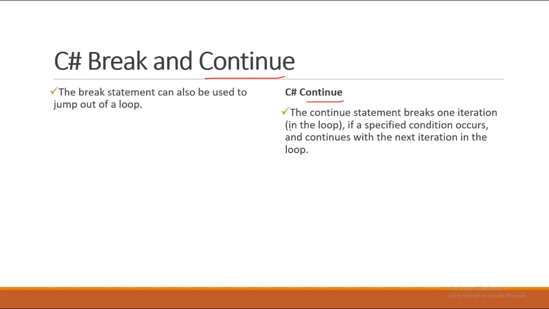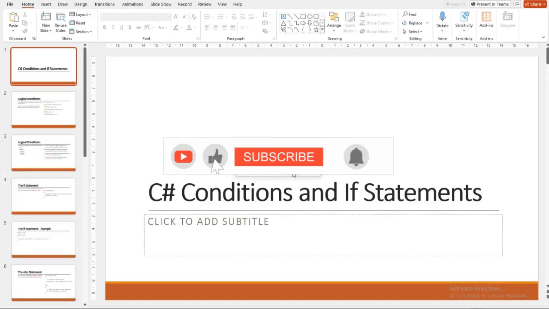But continue doesn't stop the execution of the loop totally. It just breaks one iteration in the loop if a specified condition occurs, and continues with the next iteration in the loop. So we can also use the continue keyword in C sharp. Yes, this is what I wanted to say